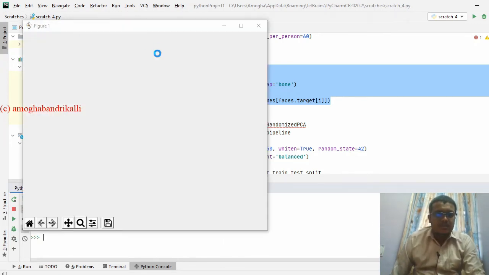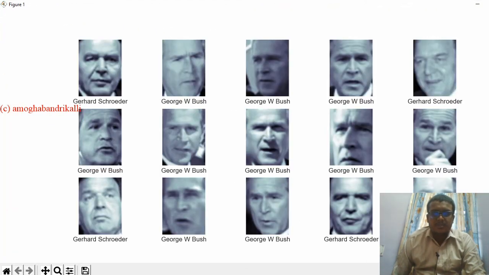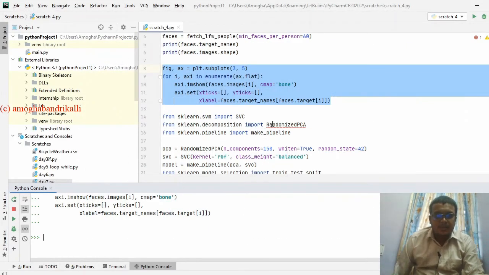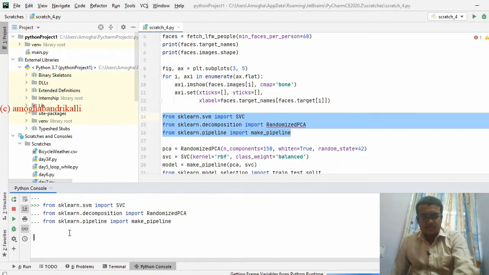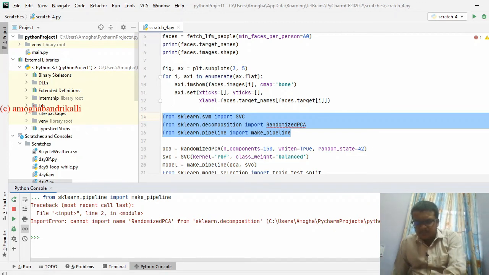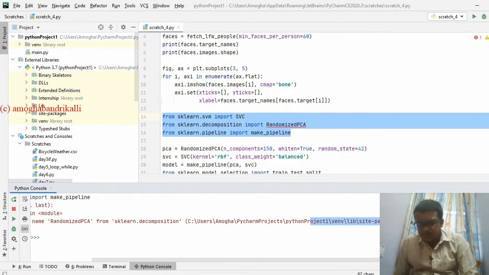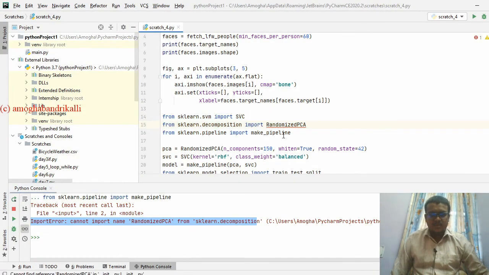Here we will be getting 10 figures of persons. These are the famous persons which have been provided in the data set. Okay, we are just importing this. Okay, this has been removed.